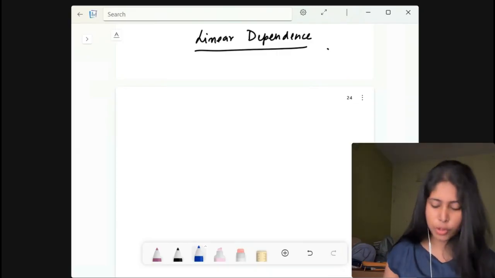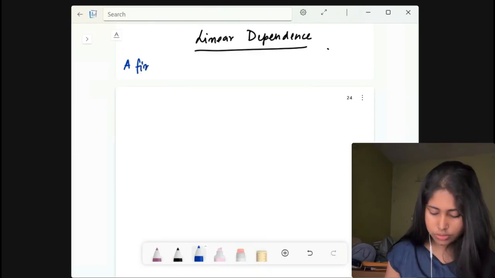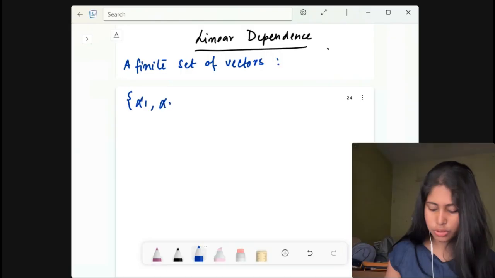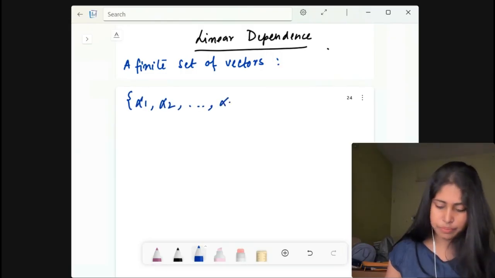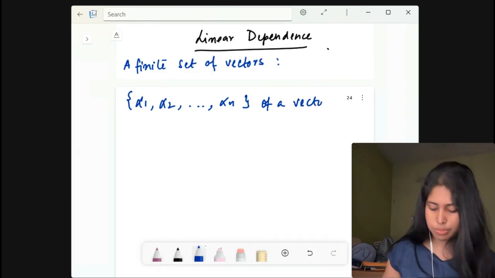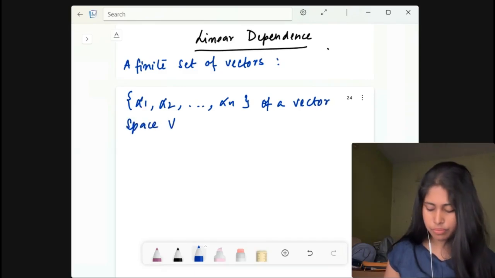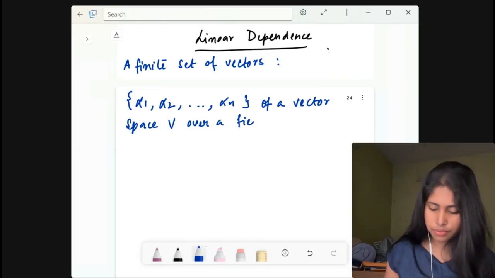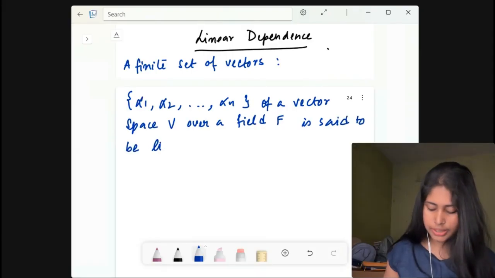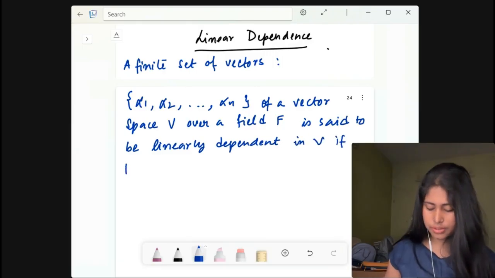Suppose we consider a finite set of vectors first. Let us say alpha 1, alpha 2, and goes on till alpha n of a vector space V over a field F is said to be linearly dependent in V if there exist